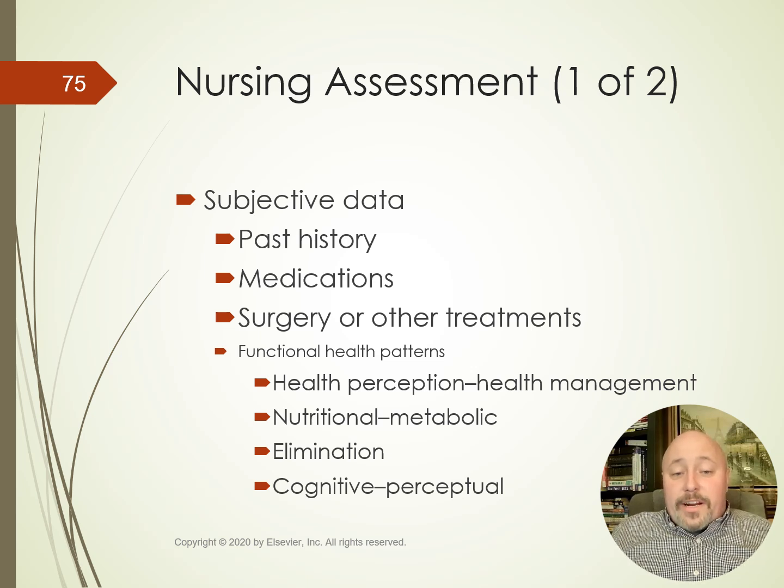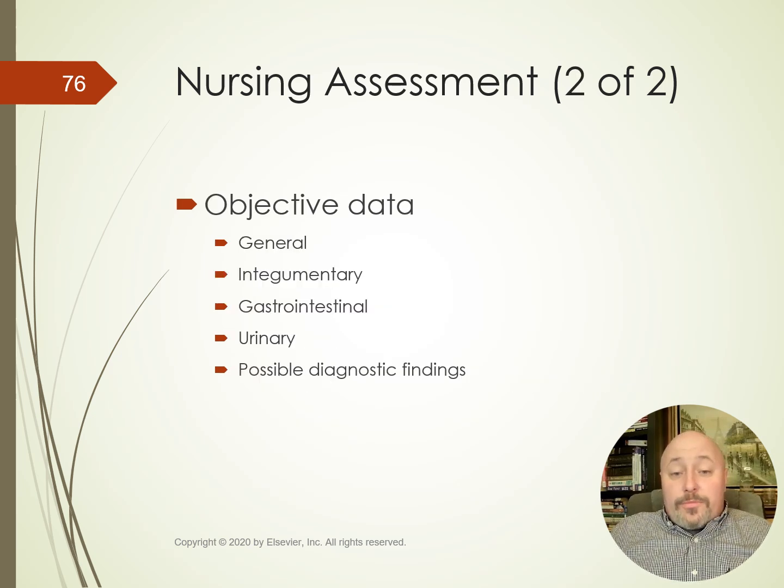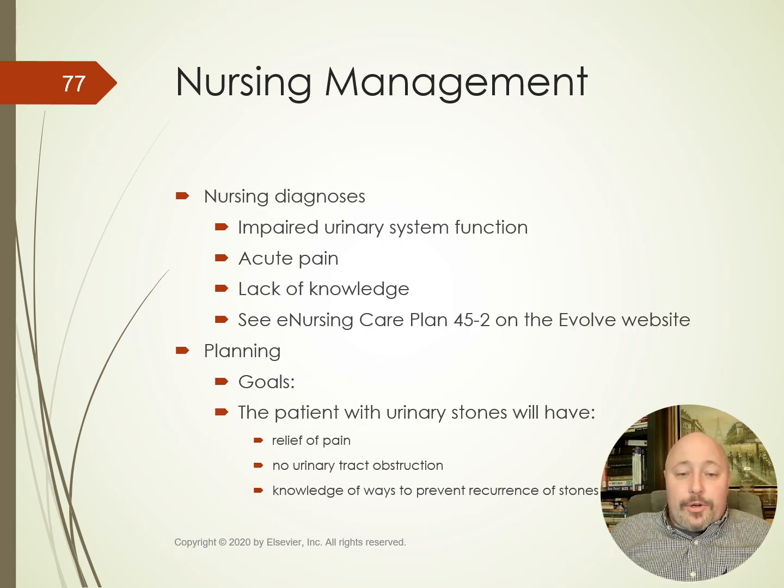For our subjective data, we want a thorough past history with medications and surgery or other treatments. We'll focus our objective assessment on that thorough general, then a focused integumentary, gastrointestinal, urinary, as well as possible diagnostic findings based on what we see in our assessment. Our nursing diagnoses may include impaired urinary system function, acute pain, a lack of knowledge, as well as goals of having the patient with urinary stones see a relief of pain, no urinary obstruction, and have other knowledge of ways